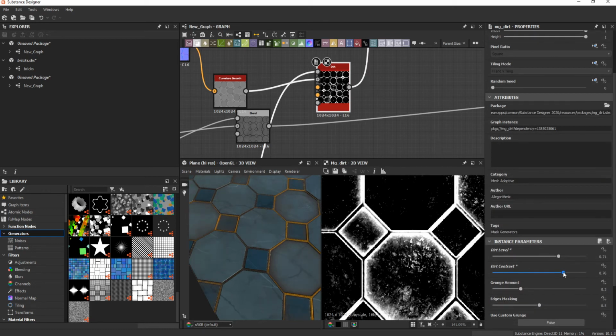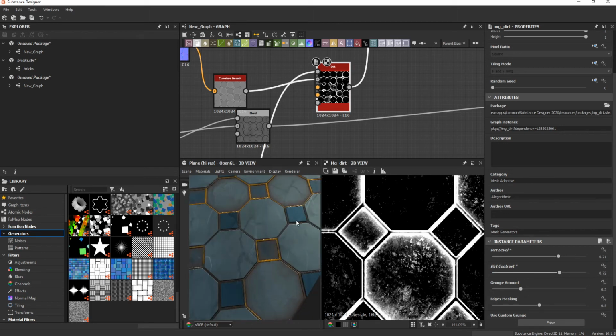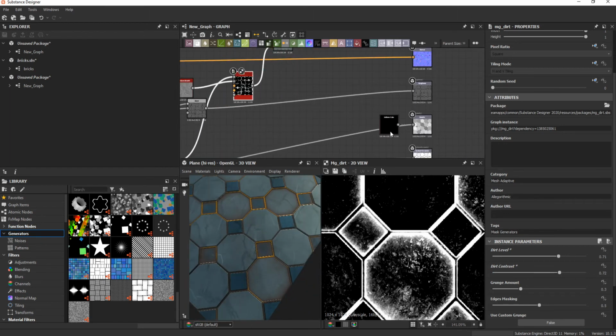We'll make some contrast for this dirt. And after that, I will put this on my metallic and roughness